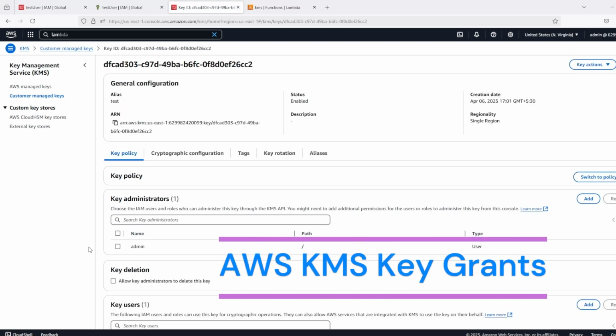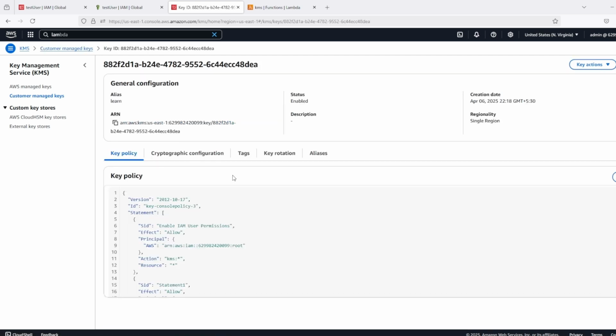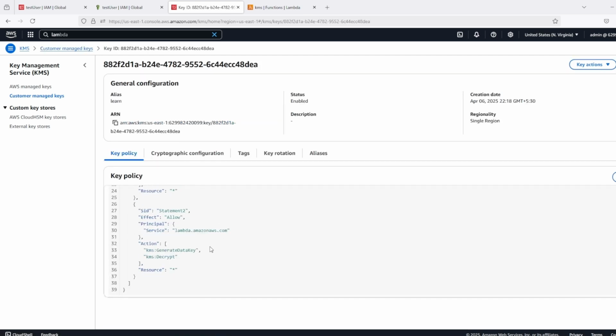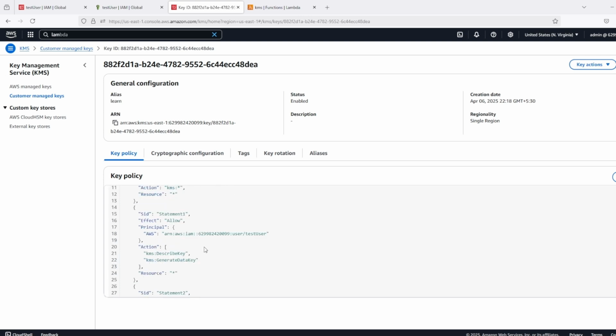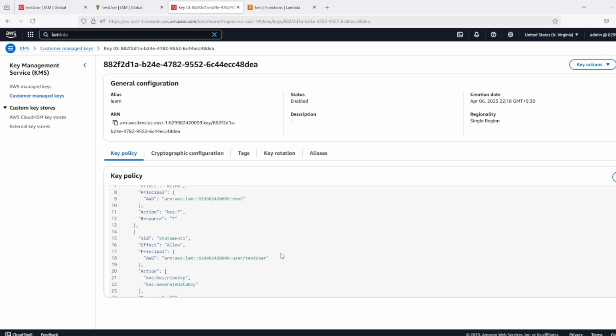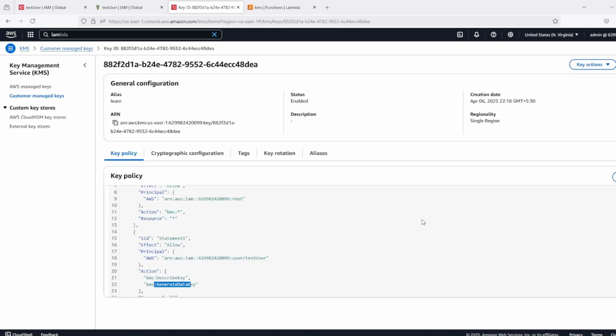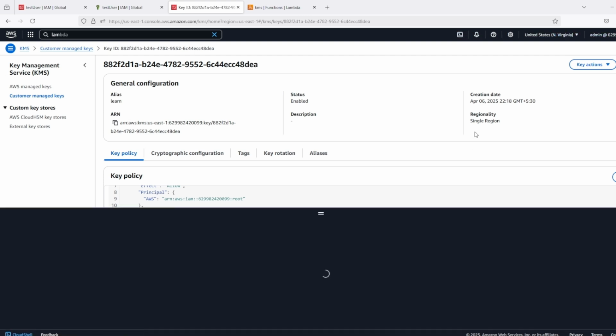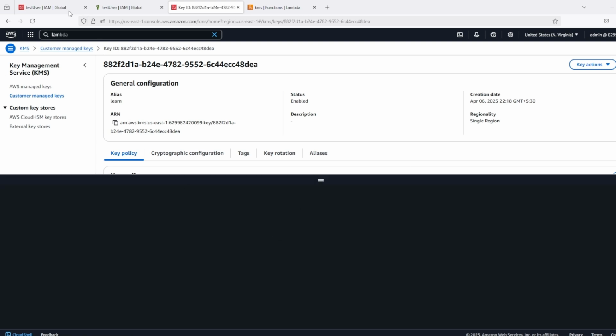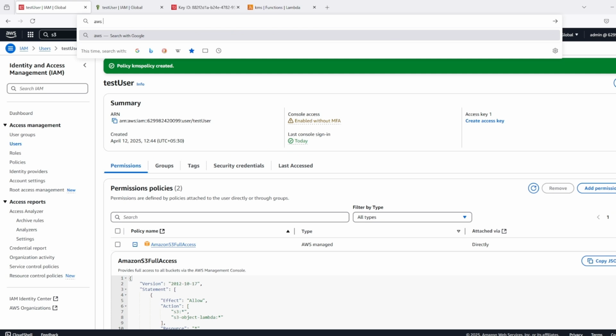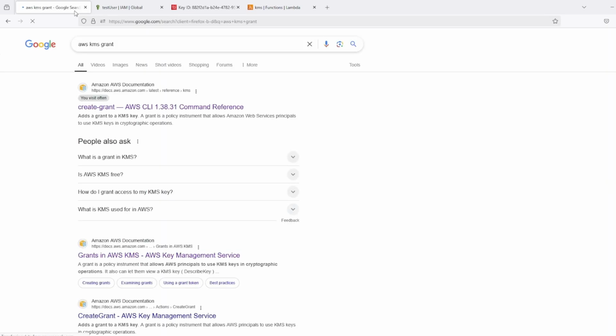Now we know that for this learn key, our test user does not have decrypt permission. That's why we are not able to see environment variables in the Lambda function. So let's use KMS grant to grant decrypt permission to our test user. I will open CloudShell, and also let's open AWS KMS grant